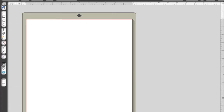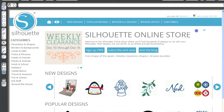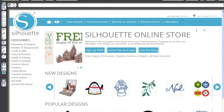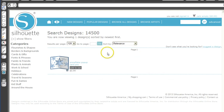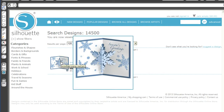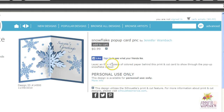So I'm going to go out to the Silhouette library, and we're going to put in the card ID for that card. The card ID number is 14500, and I'm just going to click go, and it's going to bring up the Snowflake Pop-up Card, is what it's called. So we're going to open that up, and it says: layer an 8x6 piece of colored paper behind this print and cut card to show through the pop-up snowflake cutout. So what I did was I did open up the